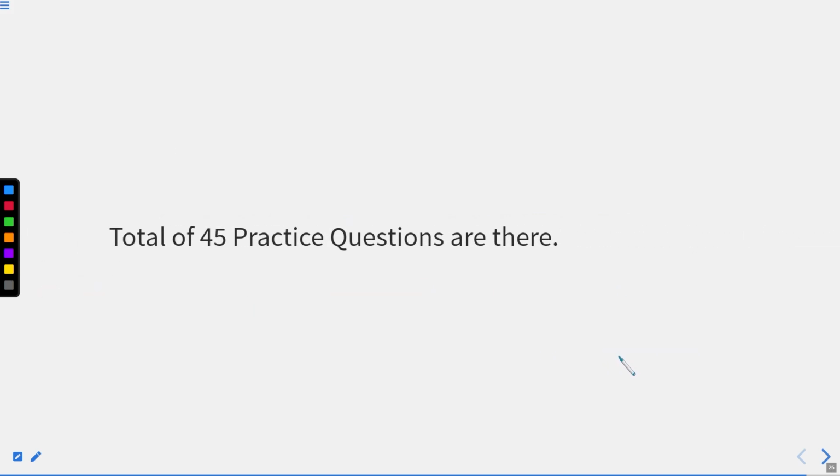Now, here you can see, a total of how many questions? 45 practice questions are there. So students, if anyone is facing any problem, first go through all 10 questions of this chapter. Also, you can watch the video of analogy itself. We have 2 parts. Classification itself, we have a single video for that. So after reading all 3 chapters, if anybody is facing any problem, still go and practice these 45 questions. They are present on the website itself, right?